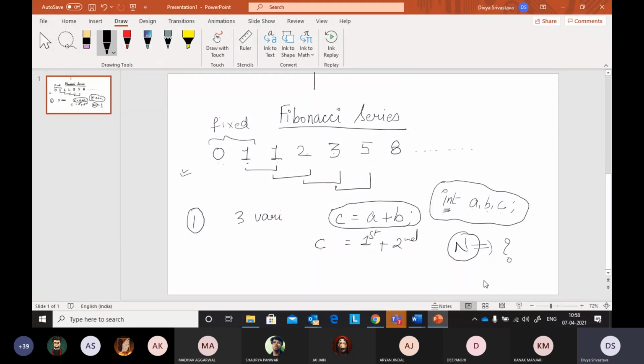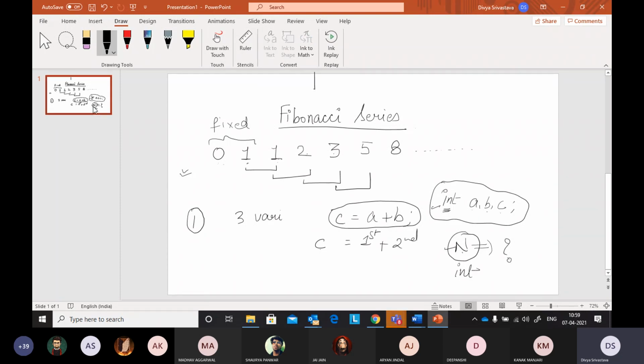If I want to print n elements of a series, any series, what is the type of n? Integer, float, long, double, what will be the type? Integer, right? Because in a series we do not say print 2.5 elements. We say print 2 elements of this series, get the 10 elements of this series. So n is also going to be an int type. Okay, so these two things are clear.